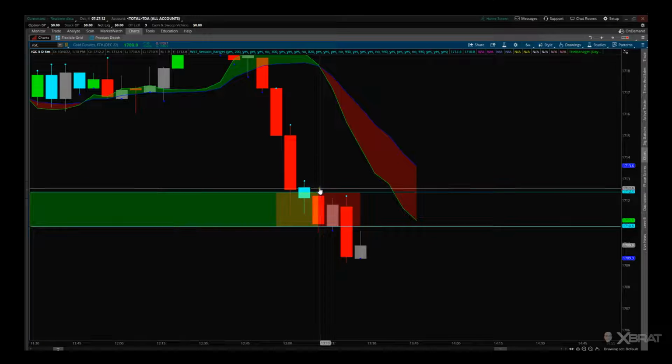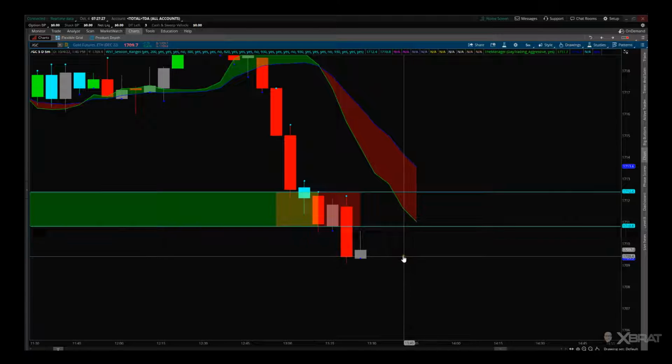Sensibly, we'd wait for the next candle. We'd go short at 17.10.50, just below the low of this candle. That's sensible trading. The stop is about 1 tick above the high of this candle, so about 17.12.50. At the moment, this has probably gone around about 10 ticks or whatever, so we're not risk-free yet, but that's